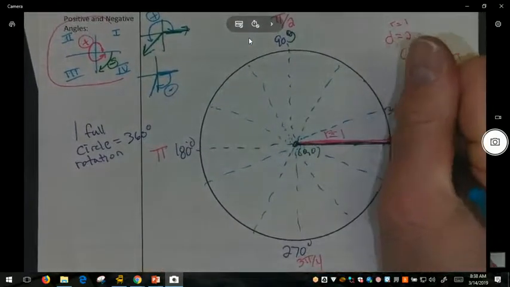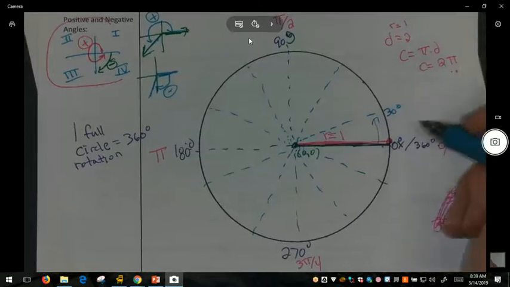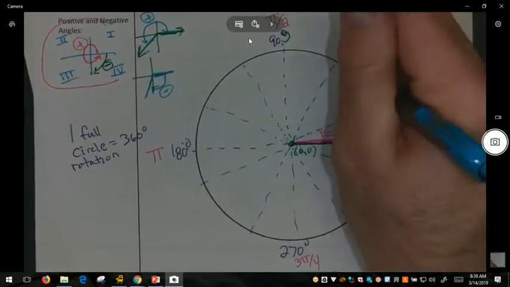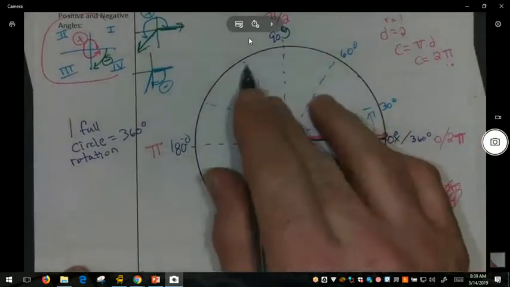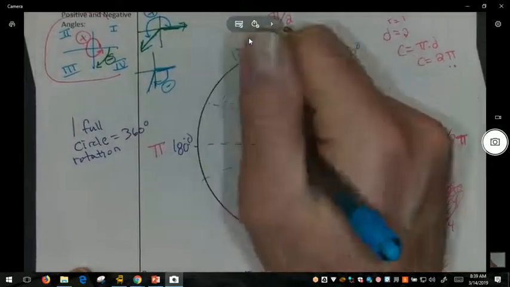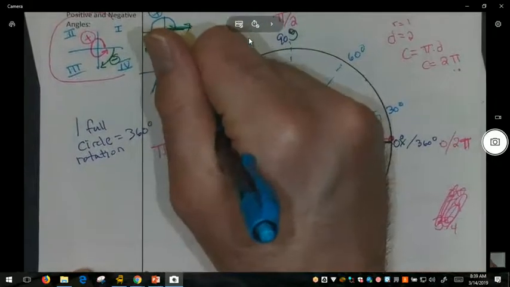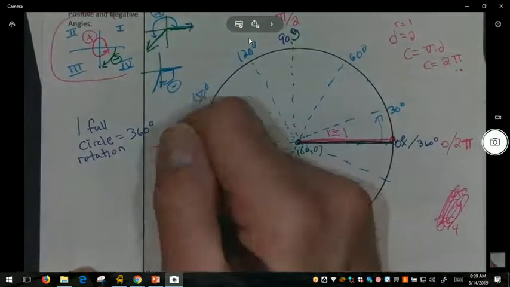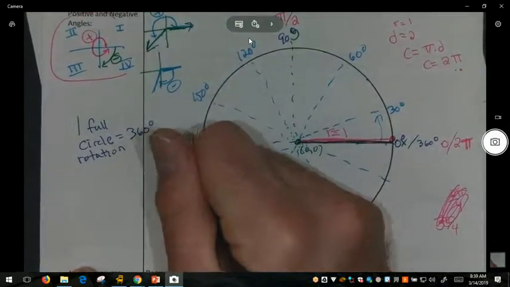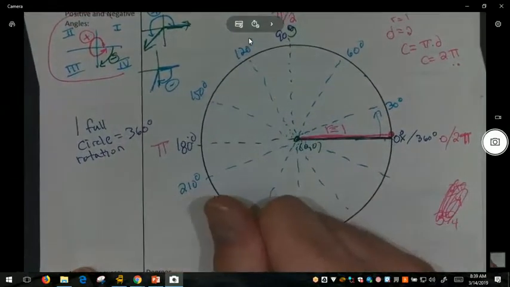This would be 30 degrees because I've rotated up 30 degrees. If I go another 30 degrees, that's 60 degrees. Another 30 is 90. Another 30 is 120. Another 30 is 150, 180. Another 30 is 210. Another 30 would be